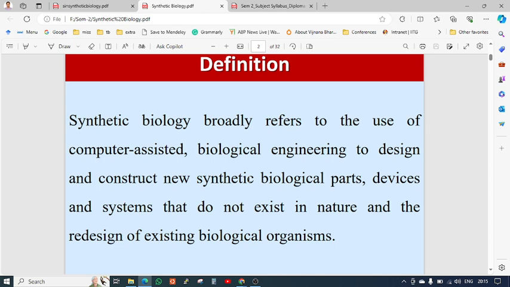That means computer applications and biology are both included in synthetic biology, where we can utilize our knowledge or engineering to modify some biological parts according to our needs, such as at the gene level. And we can also develop new devices and new systems that do not exist naturally, and these can be utilized for our needs or for better